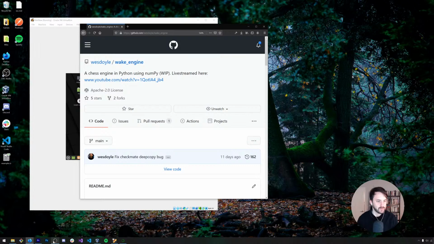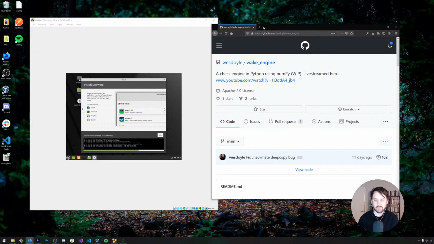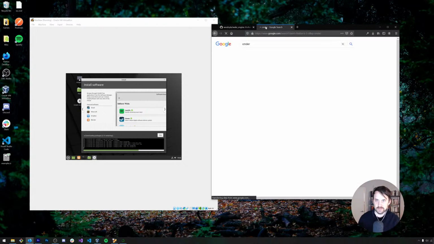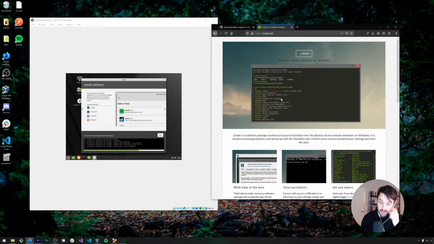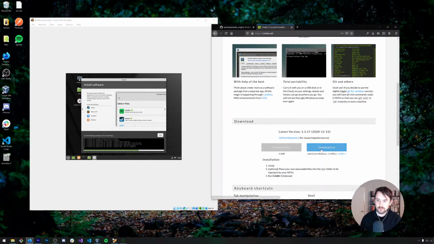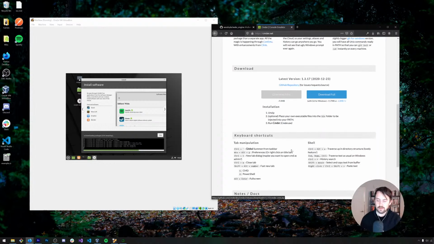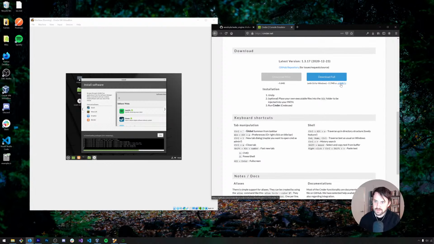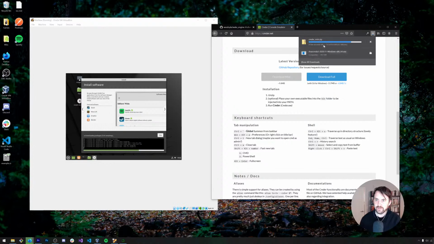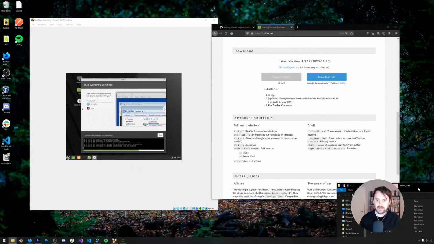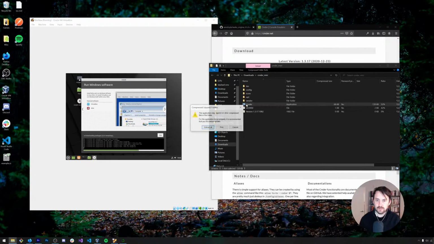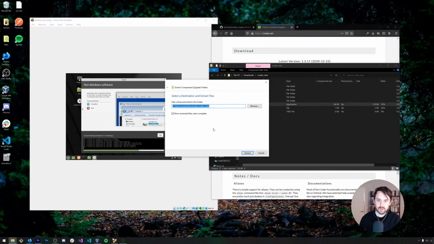Is there a better terminal emulator besides Git Bash, Git for Windows? What about Cmder? Is that still a thing? And can I run Bash emulation in it? What's the full version? What's the difference? With Git for Windows. So I already have Git for Windows, so we're going to download the mini version of Cmder and see if this is any better. This uses Cygwin, I think, under the hood. Extract all. Cmder Mini.